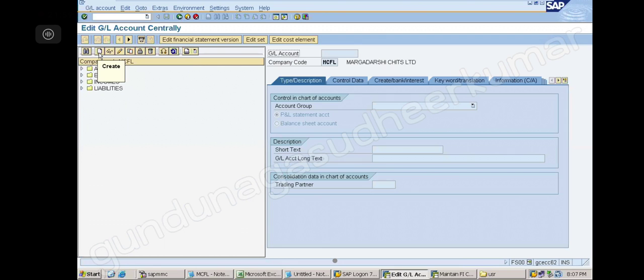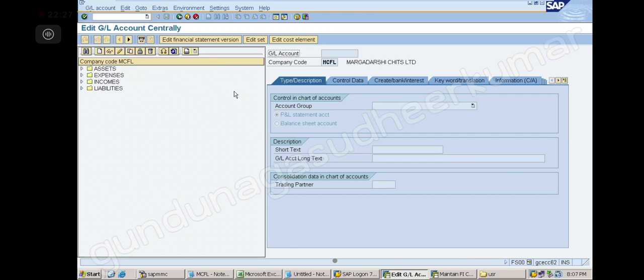This is the create option, this is display, this is change, this is copy, this is block, this is delete, this is change company code, this is update, and this is print. Whenever you put the cursor, it will tell you what it is.